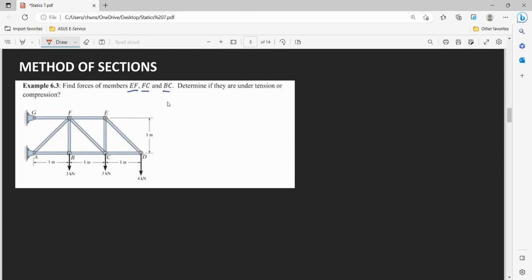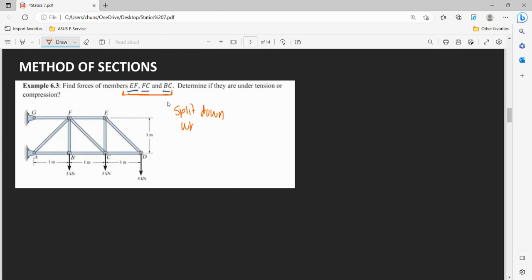So I'm going to talk about method of sections. Method of sections is taking, rather than breaking out each pin and solving for the internal loads from there, if we want specific internal forces, we can use method of sections. So what we're going to do is split